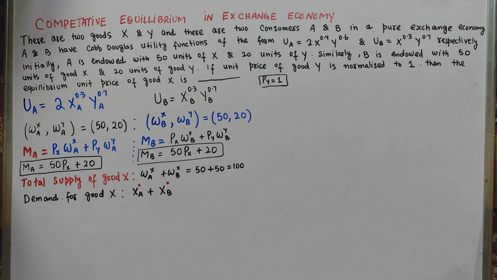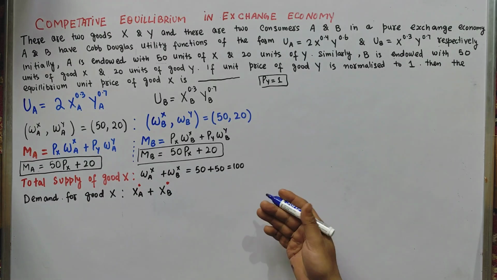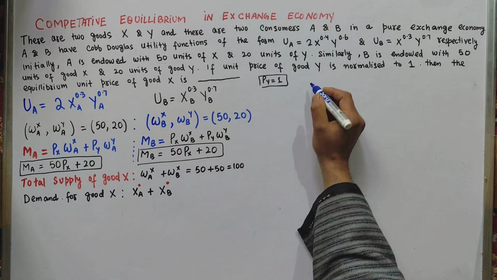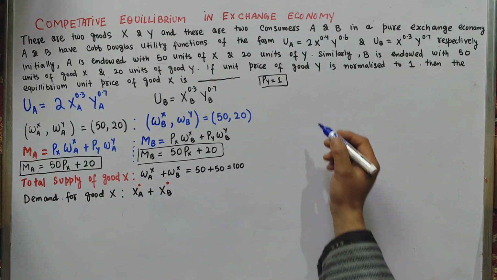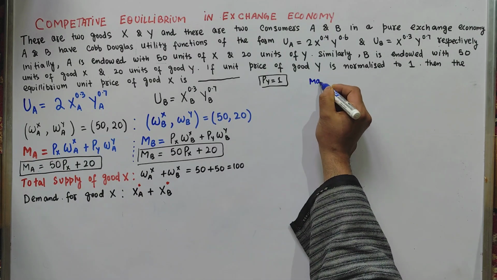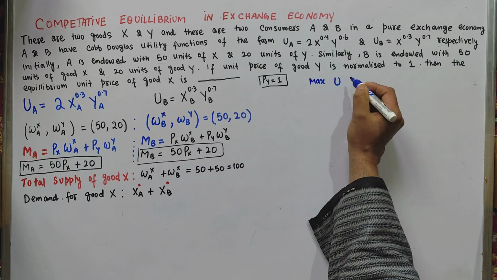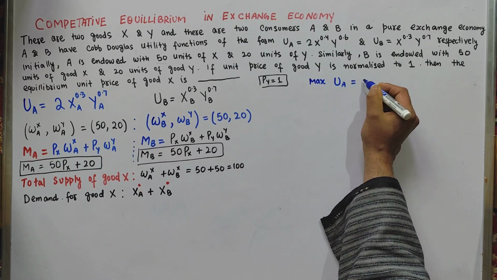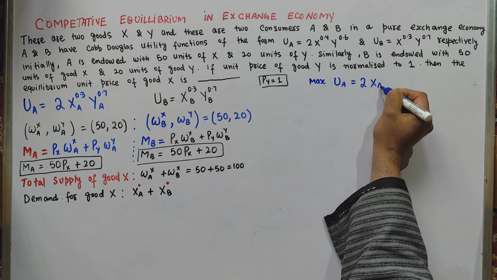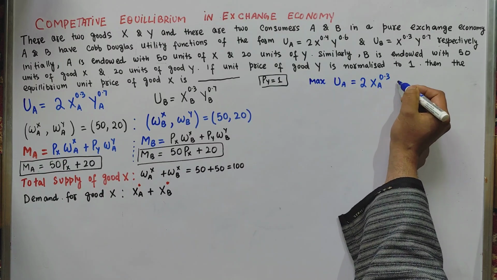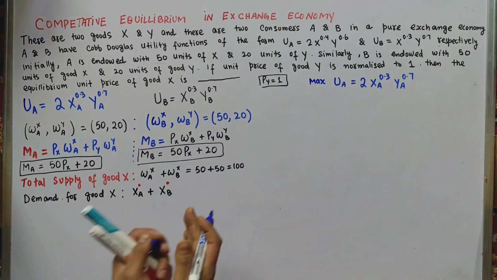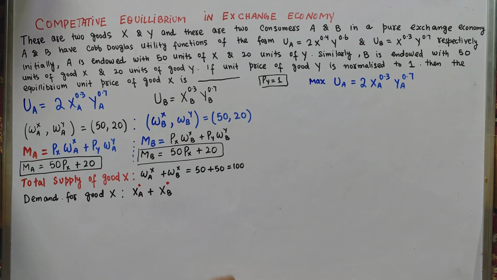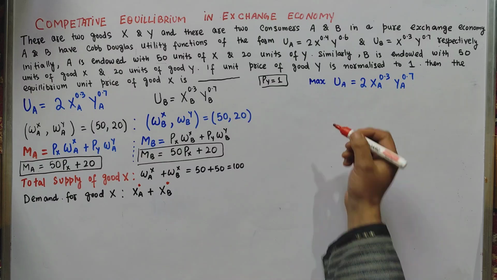So let us write the demand function of good X by person A. For that, what will we do? We will maximize the utility function of person A, that is equal to twice XA raised to the power 0.3 times YA raised to the power 0.7. So we have to derive the demand functions of person A and B here,